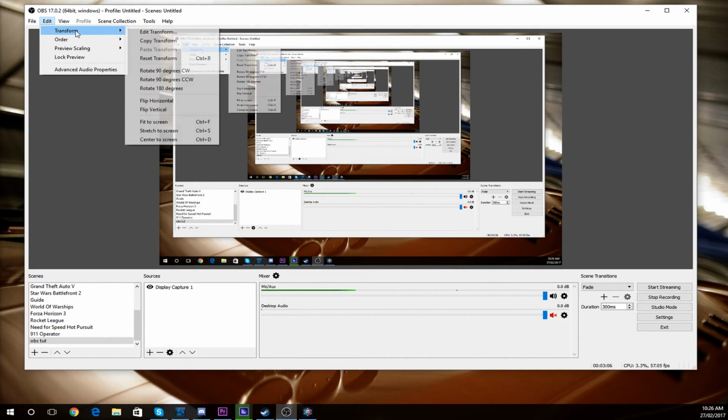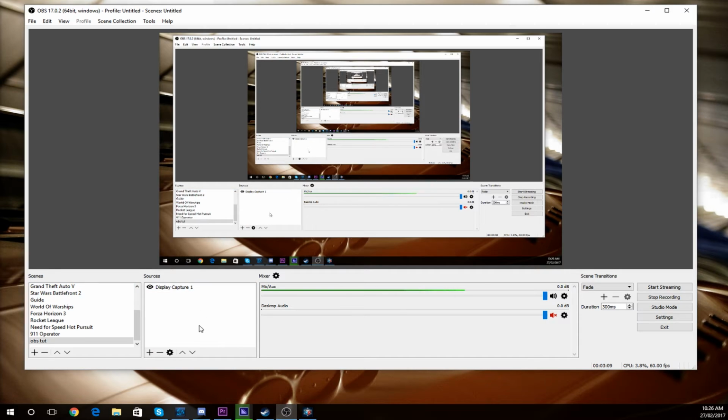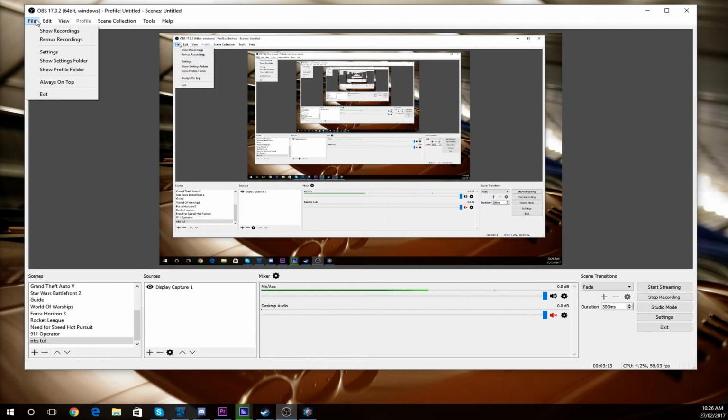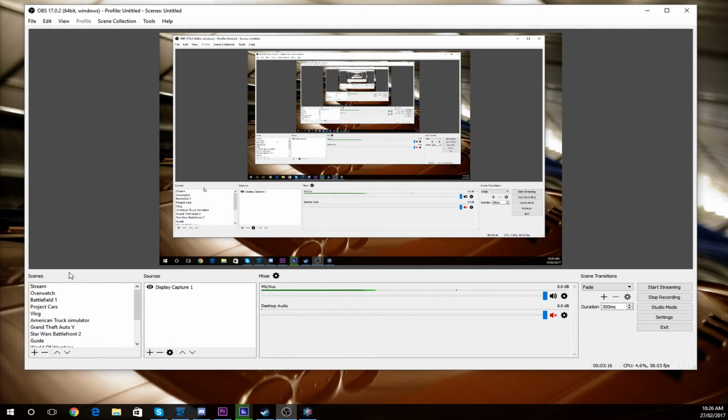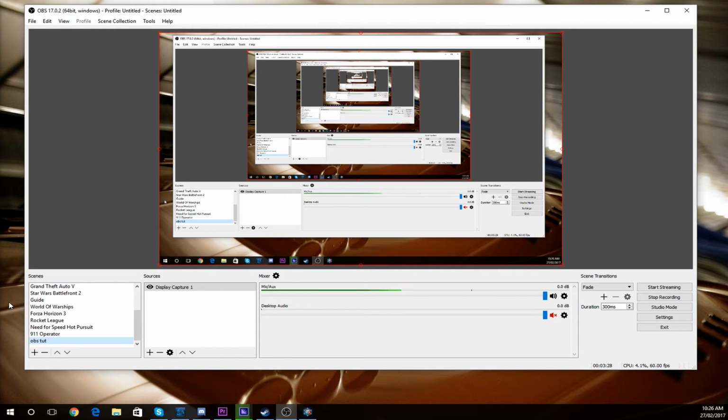But if you want to, then that's fine, but I'm not going to go over those because they're kind of the things that you would expect in file, edit, view. Scenes is kind of like renaming a file, so you can go and find that file. For example, if I recorded Project Cars, I know that has my window within that, looking for the Project Cars window. To make that a lot simpler to understand,